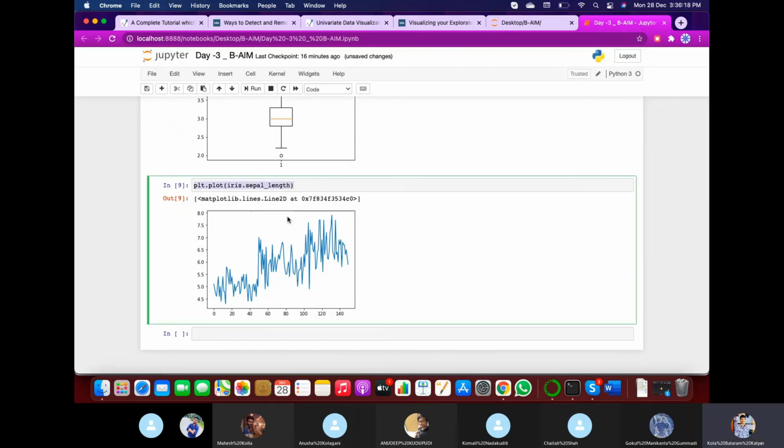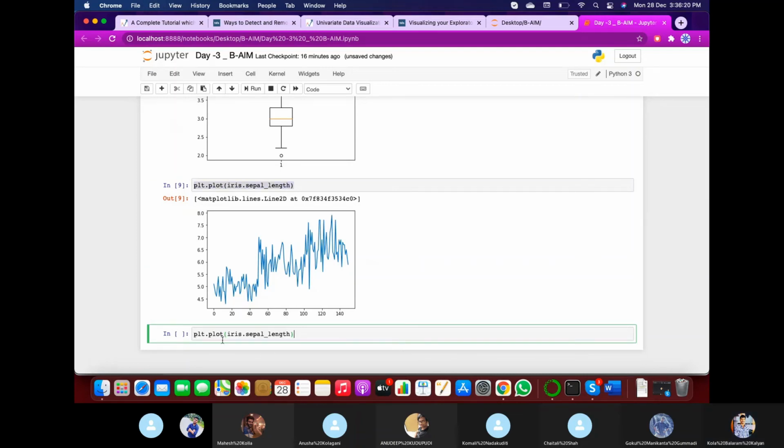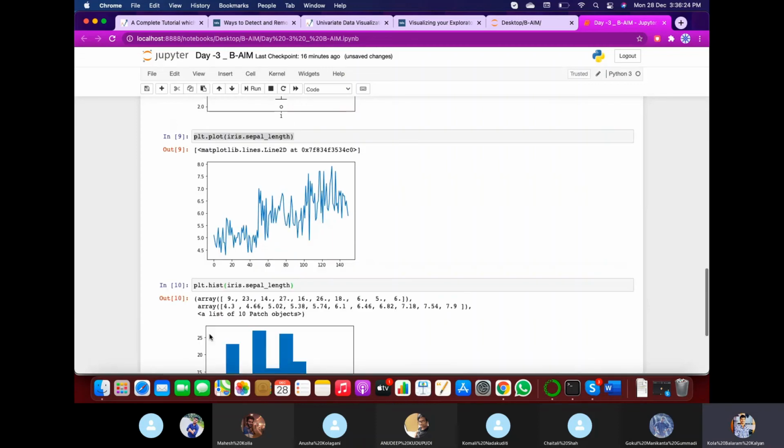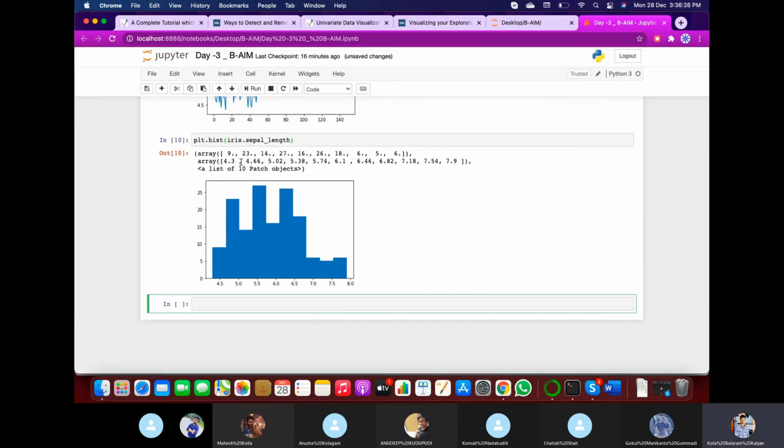Let's take the same variable. Like hist, if you replace it with hist, it will become a histogram. So there will be n number of plots in univariate analysis. Generally, the scatter plot is the one we use most.